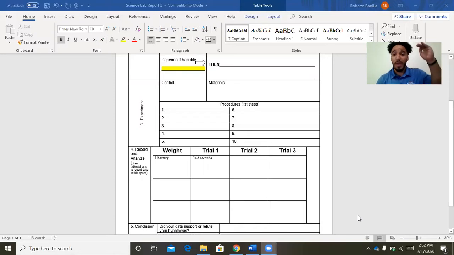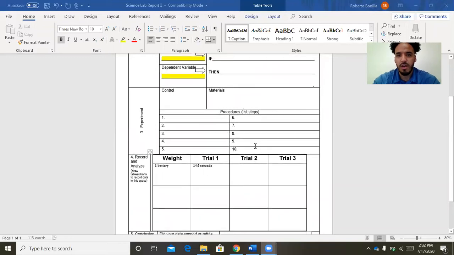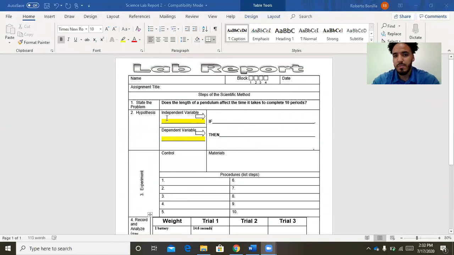Does more weight cause it to go faster? Does more weight cause it to go slower? So here, I know some people are having issues, right? It's relatively simple. The independent variable is what you're changing. So what are we changing in the experiment? We're changing the weight of the pendulum. The dependent variable is what changes because of the independent variable. So as we add more weight, what do we think is going to change? And we're testing time. So the dependent variable should be the time it takes to complete 10 periods,